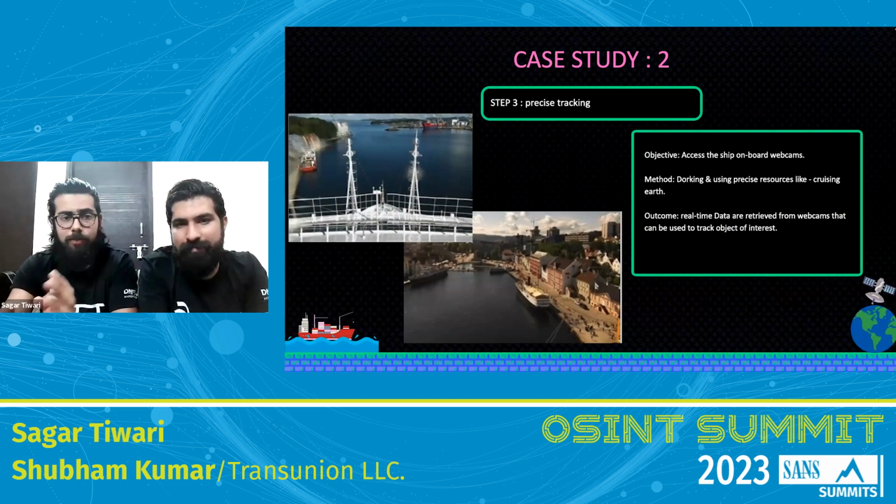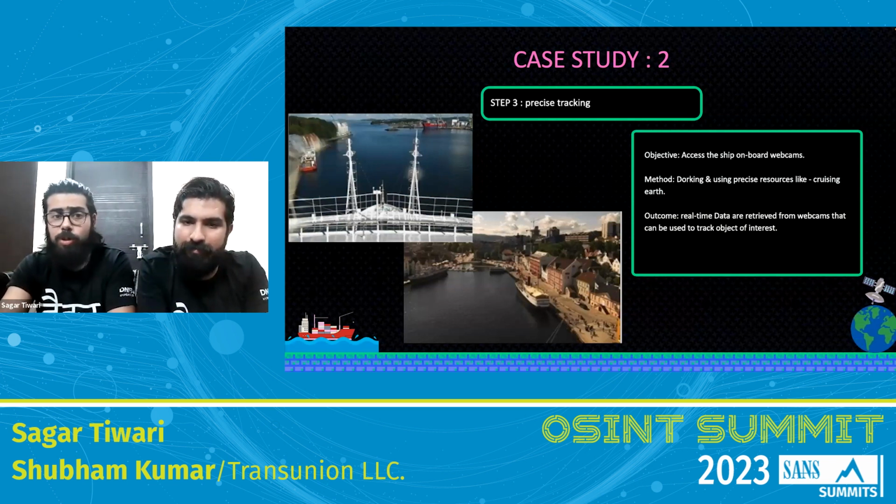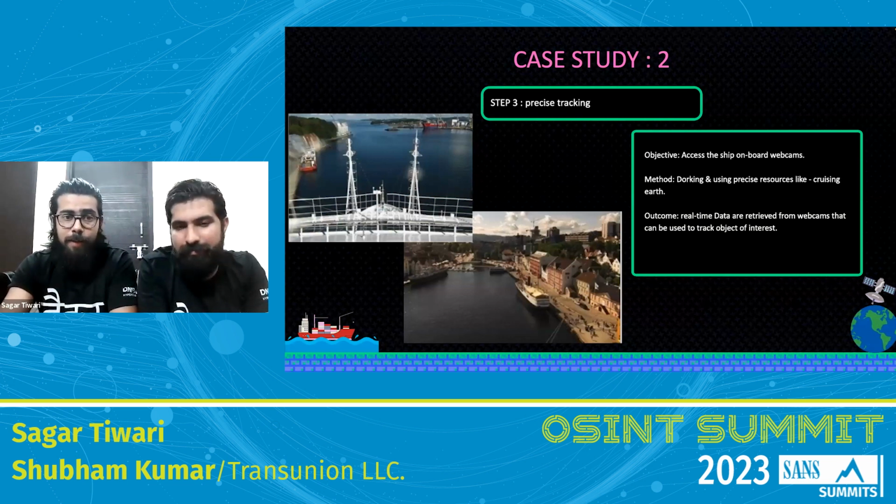So using the same methodology, like Google Dorks or the Shodan search engines, or by performing targeted reconnaissance, any individual can look for onboard webcams. For our research purpose, we have focused on Cruising Earth, a repo that has multiple webcams of multiple cruising ships. Apparently, the site owner wants to give users a traveling feel. But this information can be leveraged by an adversary to see what kind of incident is happening on a boat. It is very useful because there are multiple webcams on board that put the subject of interest information readily in your hands.